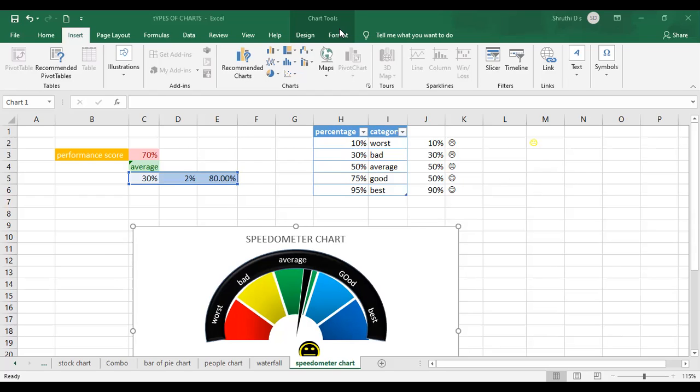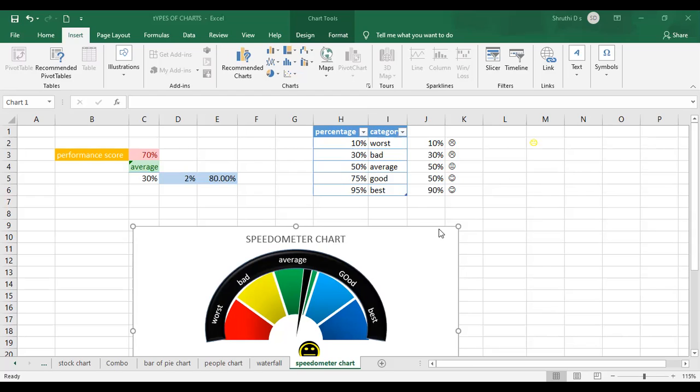Basically, you go with the pie chart, bar chart, and column chart; for the rest, the other 2, you can make your own selection. At least I want to see you practicing 2 charts, and apart from that, 2 more you can select on your own from this. At least 4 of them as an assignment, let me know. You can take a different set of database also. You know now how the data should be chosen for each type, right? So go with those types of data and try to insert the chart for that. In the same workbook itself, you can take different sheets and place the charts.